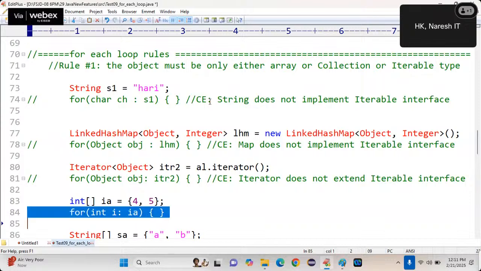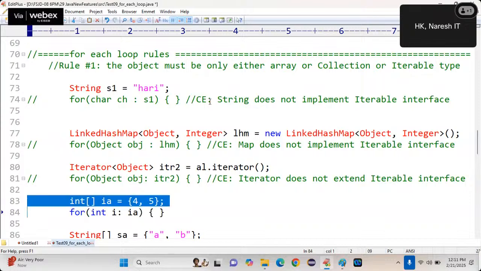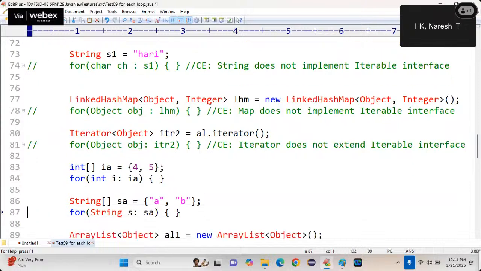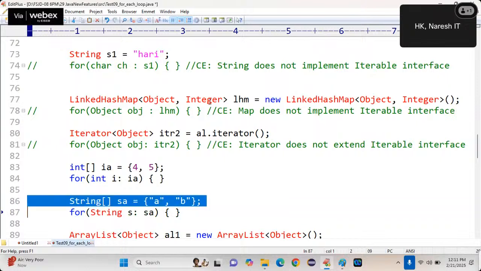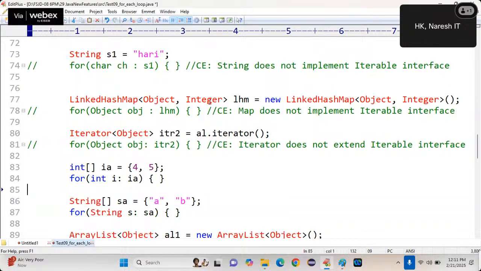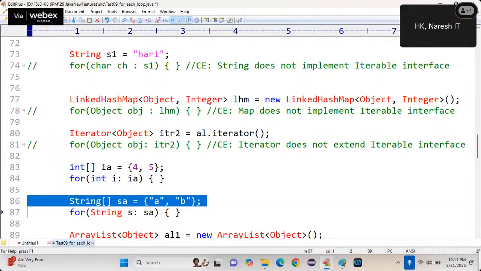Below, can I apply for each loop on an array? Yes. Can I apply for each loop on a string array? Yes. We cannot apply for each on a string because string is not an array. Can I apply for each loop on a string array? Possible.